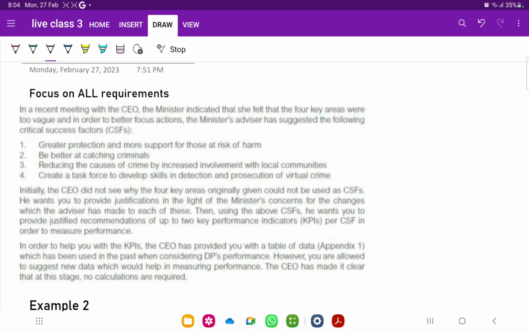I hope you guys are doing well and are done with the paper preparation. Just a few last key important points to keep in your mind whenever you are appearing in the APM paper or maybe